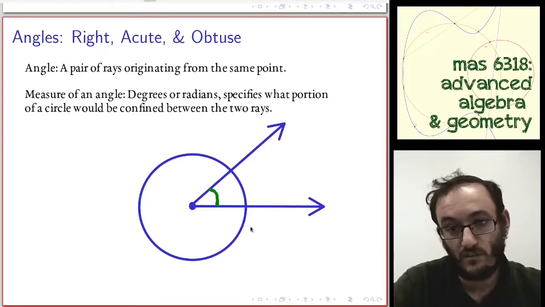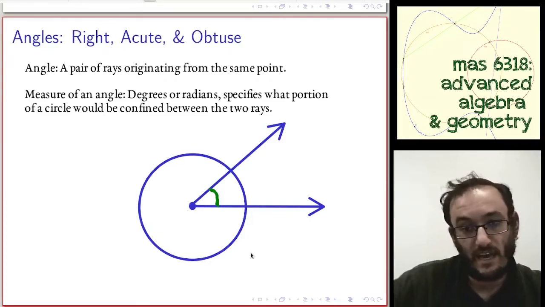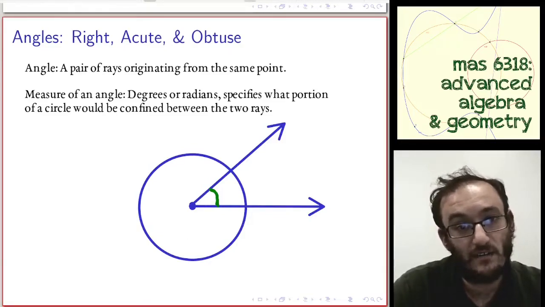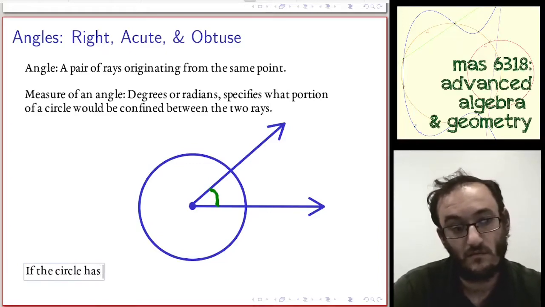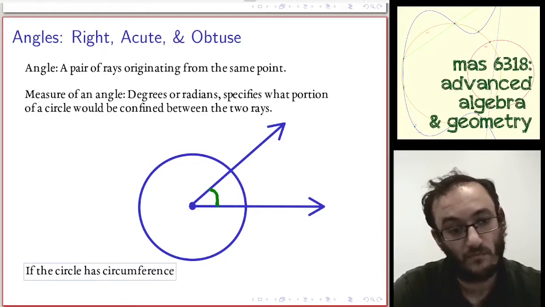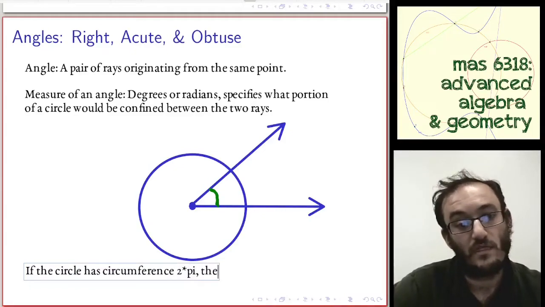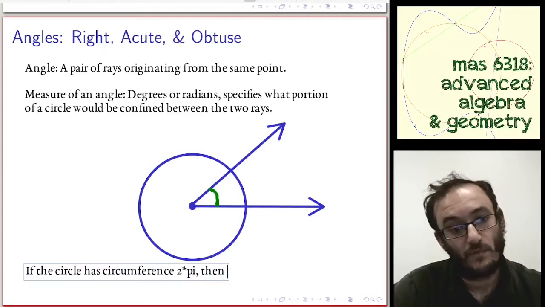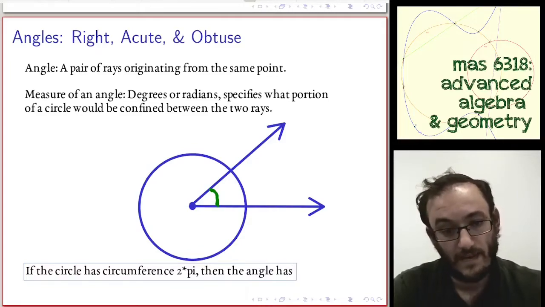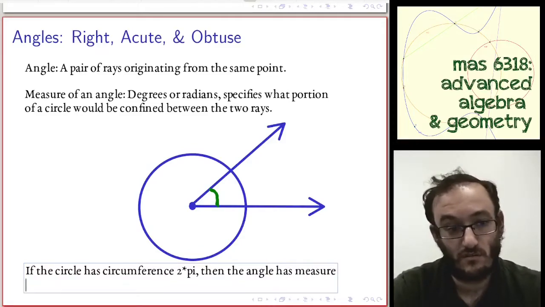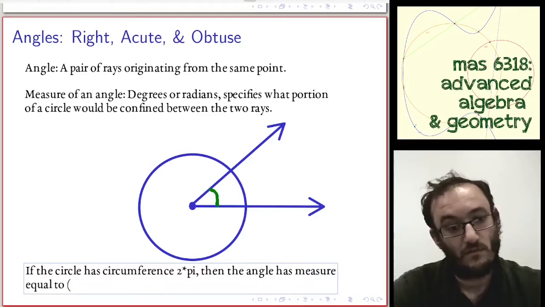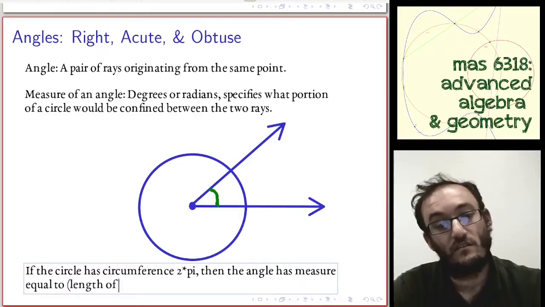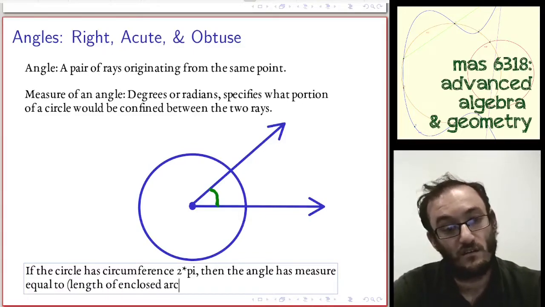So if the circle is said to have circumference 2 pi, then the angle has measure equal to the length of the enclosed arc